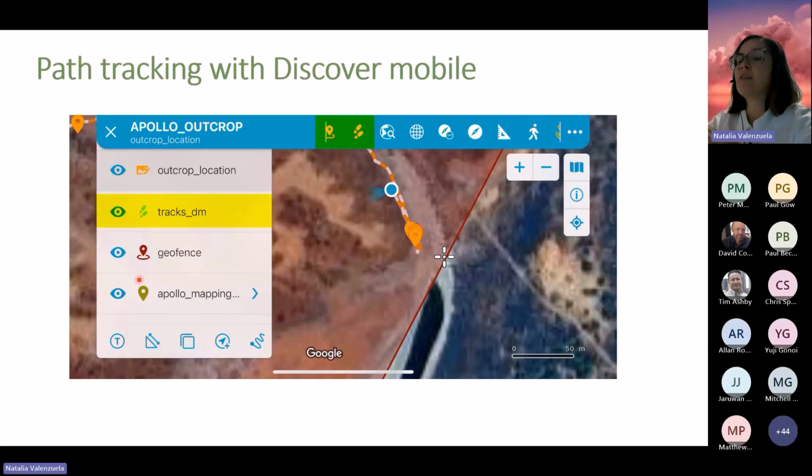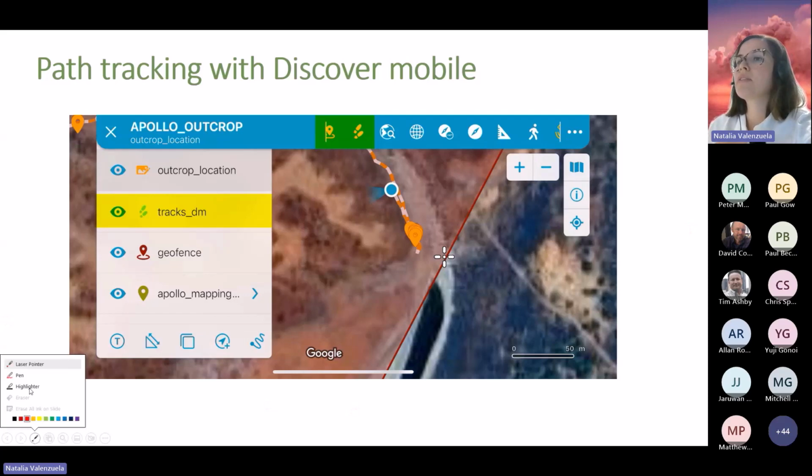Now, as I mentioned, the Discover mobile has a lot of features, a lot of capabilities, and some of them you probably have already seen. In the video that I will send you, you can see how to take point data like soil samplings and stuff like that. We have done a webinar on geofencing. One thing that, as I mentioned, is often forgotten and I think is useful is the tracking. So I'm just going to play this small video about how the tracking works or how it looks in real life,